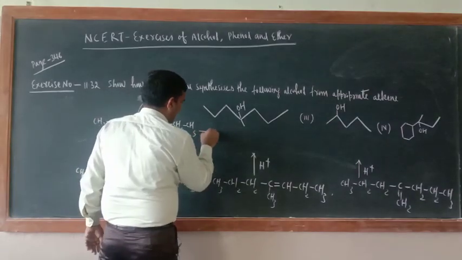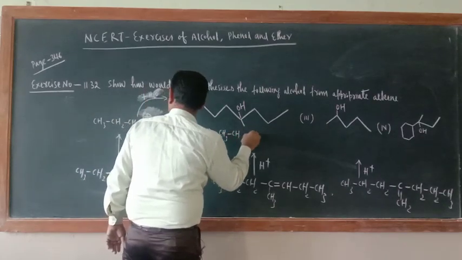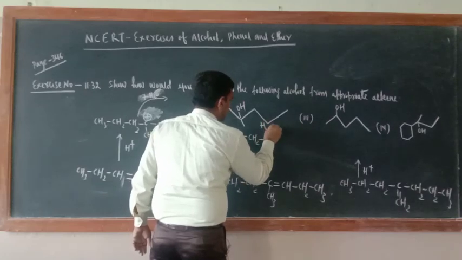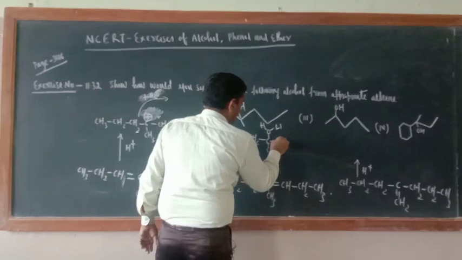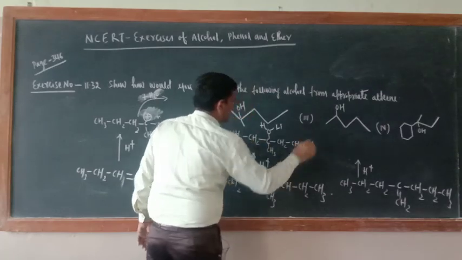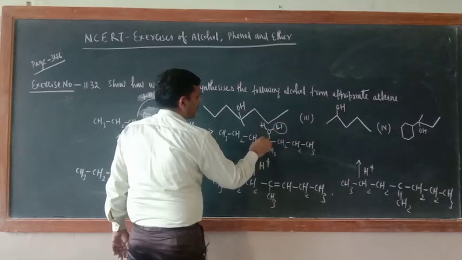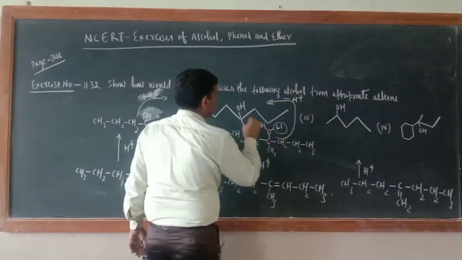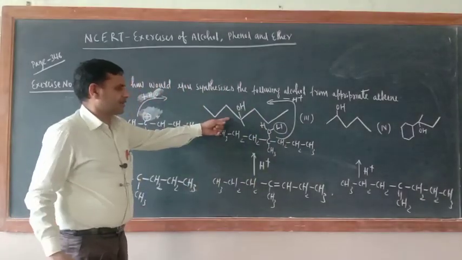You will get, I am writing this side, just see, CH3, CH2, CH2, and here what is there? C, and here OH, and here OH. Here what is there? CH3, here what is there? CH2, here CH2, and here what is there? CH3. Now loss of one proton from here. So now this proton is lost, just see, minus H positive. So here OH will be there, just see, same alkene, same alcohol you will get.